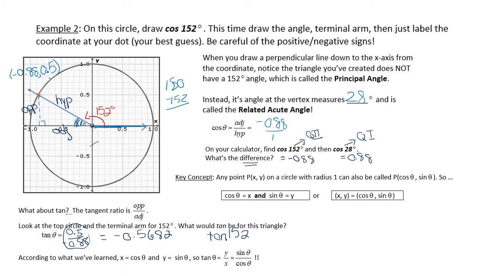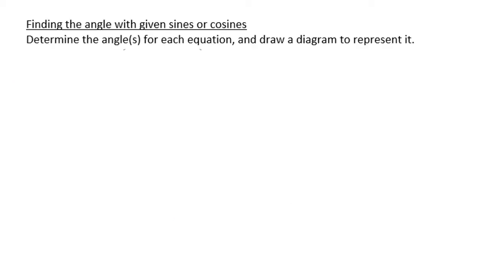Next slide. Finding the angle with given sines or cosines. Just determine the angles for each equation and draw a diagram to represent it. So one at a time. You have on your handout that you've printed, it's pretty small, but I was trying to fit it all into save paper. Determine the angle for,